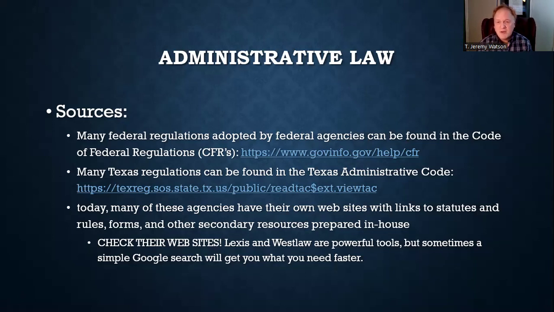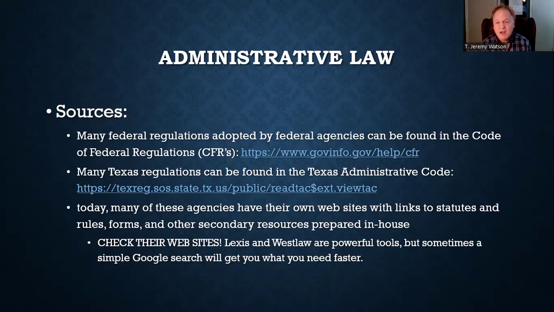Federal regulations, regardless of what agency or what office passes them, can all be found in one place, and we call that the CFR, the Code of Federal Regulations. I've given you a direct link there. There are federal regulations on everything from taxes to employment to OSHA to you name it. There are a million regulations out there, but typically you can get to them all in the same place. They're in the Code of Federal Regulations. Those are published by the Government Printing Office, and an easy, free way to search those is at that website there. Of course, you can look on Westlaw and those kinds of things as well.